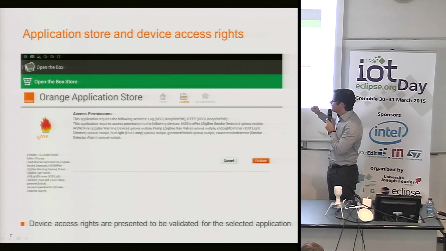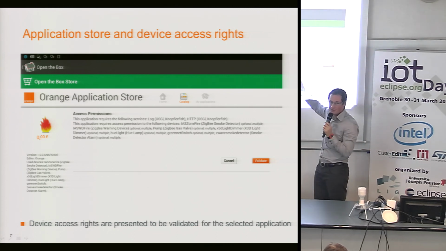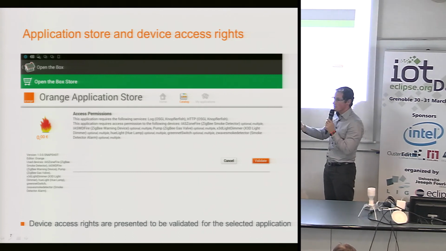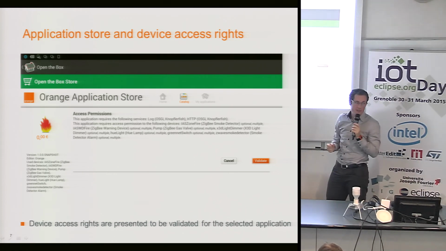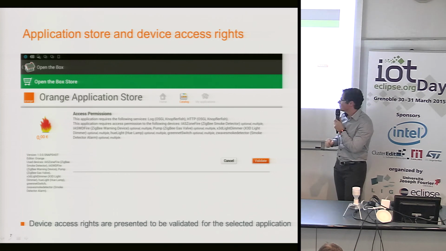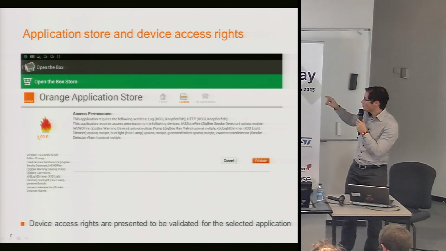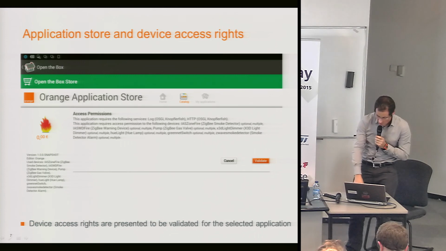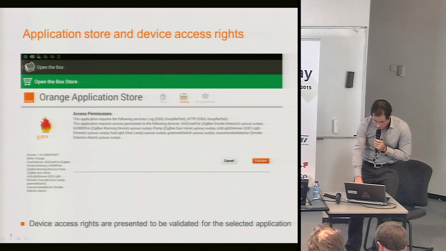The second hint is that thanks to this declaration of access rights, so here we could of course improve the snapshot and the readability for the user, he sees, like on a smartphone, when he selects an application, all the access rights towards devices that are needed for this application. So here he could validate the access rights that are required. We are thinking about a version where he can choose the real devices that he would use, and we will see that in the dashboard, that is already possible.